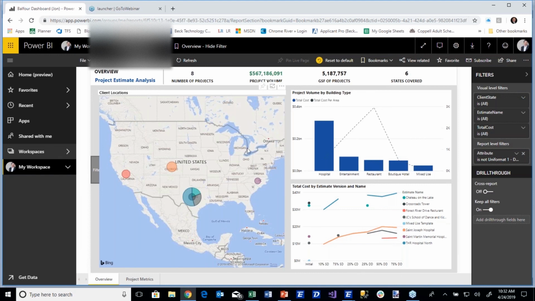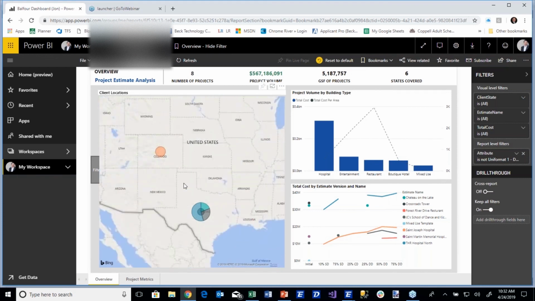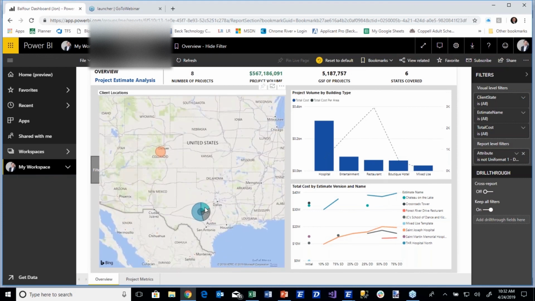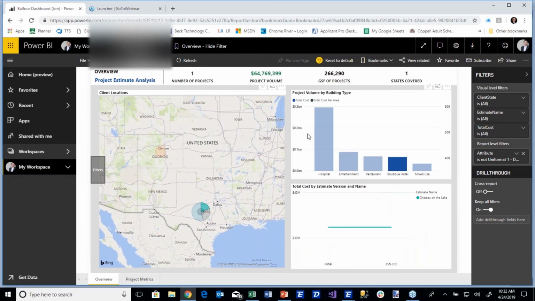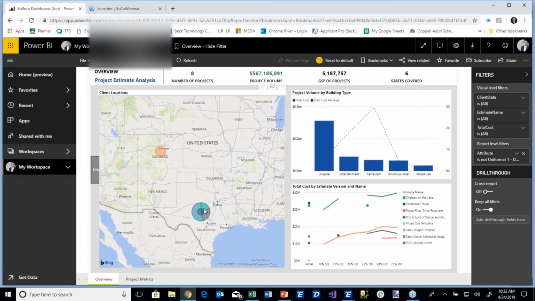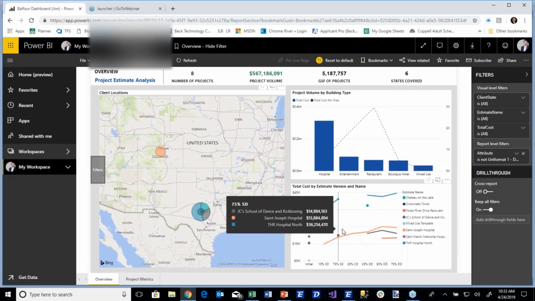Things you can do, and by all means you're not limited to this, you can see here I've got a map of the US. I obviously can zoom in. I can select individual projects. It'll instantly filter all of the data you're seeing based off of what I've selected. You can see that I've got it broken down by building type as well as the volume, average cost per area across those projects. And you can even see here, I started to graph and dashboard out each estimate and its cost